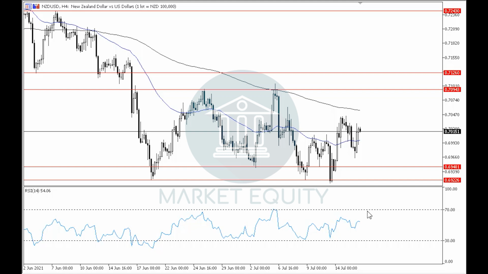That was it for the Dow Jones Index, the Nasdaq Index, as well as the New Zealand dollar versus the